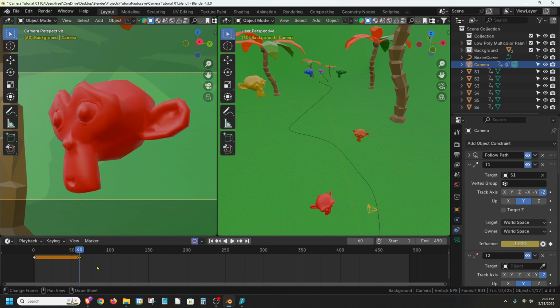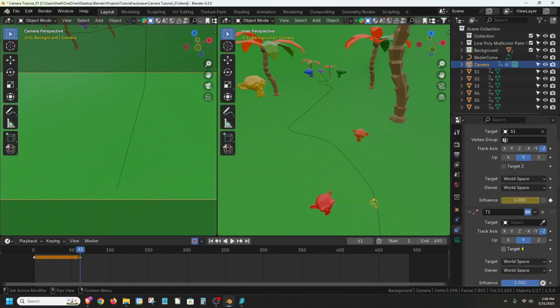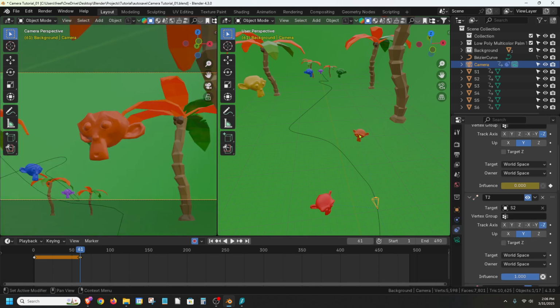Now I'm going to use my right arrow on my keyboard to move to frame 61 right here, and then I'm going to take the influence of my T1 object all the way down to 0 because I want to start focusing on my next object, which is my S2 object. Using my track 2 constraint, I'm going to grab the track 2 dropper and click on my S2 object. That snaps the camera to that object, at which point I'm going to hit my space bar,